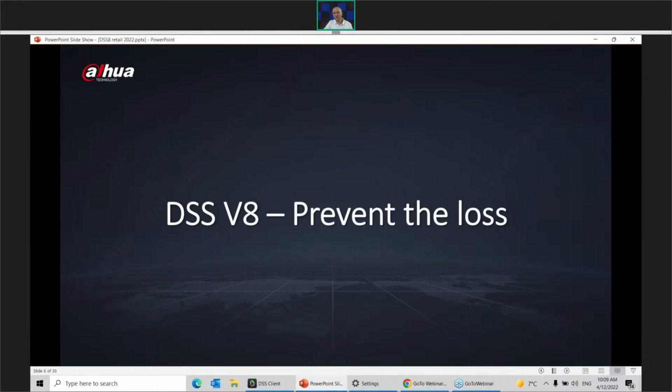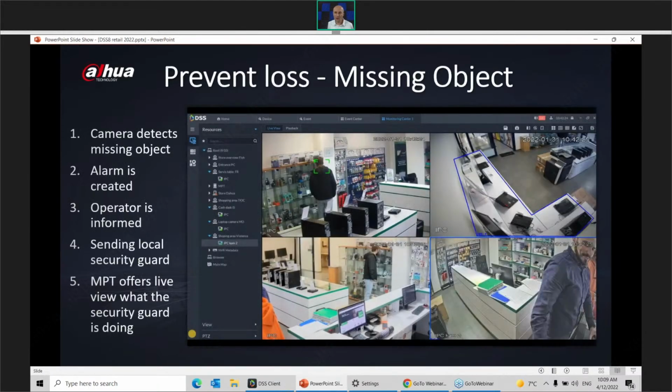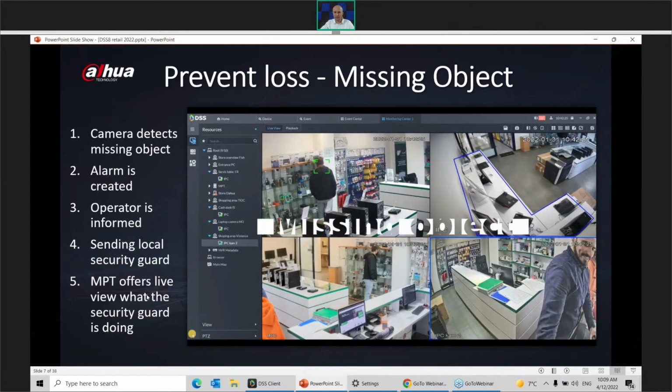So let's start with the first one, prevent the loss. How we can prevent the loss in DSS V8. Over here, we install the cameras in the store, in one local computer store, in the shopping mall, and we can show you a couple of things. For example, at the beginning,